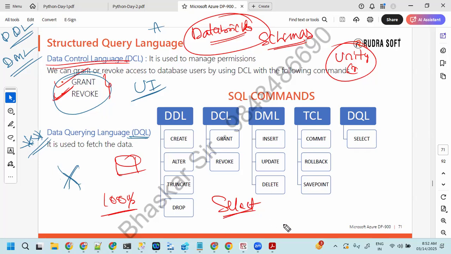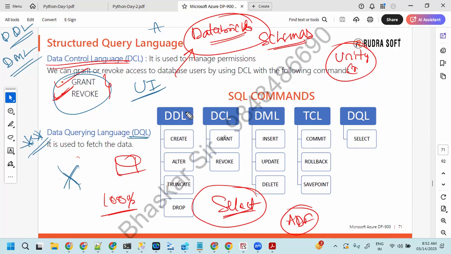So Data Factory has a feasibility: without writing code, you can bring the data. But as an experienced professional, you definitely have to write a SQL statement. Because of that reason, if you go for data engineering interviews, they're going to ask about SQL. So that is one reason. Another reason is, as part of Databricks also, we can write SQL code. So SQL is very, very important.